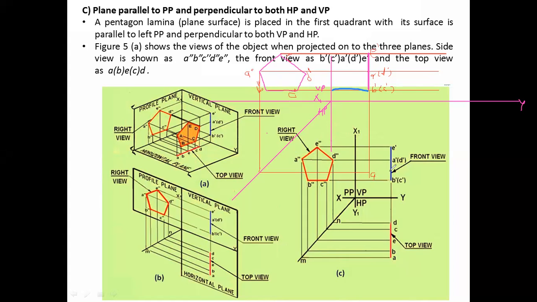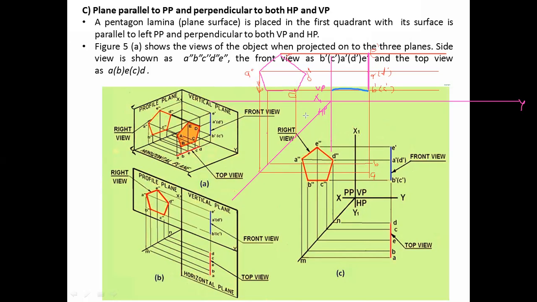Clear? Okay, now we will do it for B. We'll draw its projection up to this, and then we will project it this way. So it will intersect somewhere here. That will be B. Because this is top view, all letters will be without dash. A, B. Now we will draw for C, up to this.